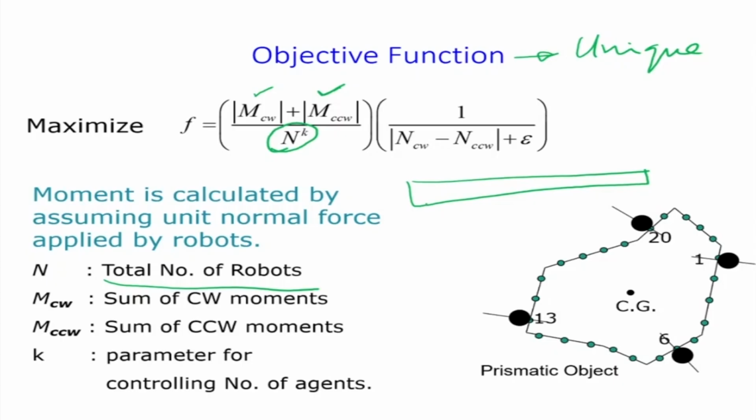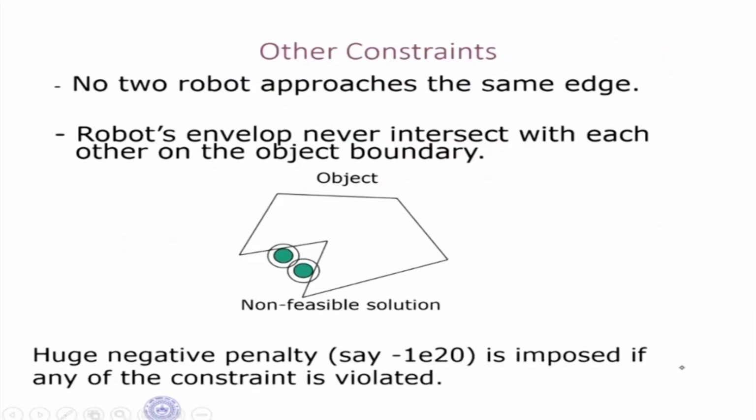So this is the first term, moment clockwise: the number of robots sitting counterclockwise and the number of robots sitting clockwise. We want the robots to sit so as to produce clockwise moment as well as anti-clockwise moment, so that they are distributed properly as shown in this figure. Otherwise, what can happen? All the robots will go and sit here, and on this side there are no robots. To avoid that, what we are doing is